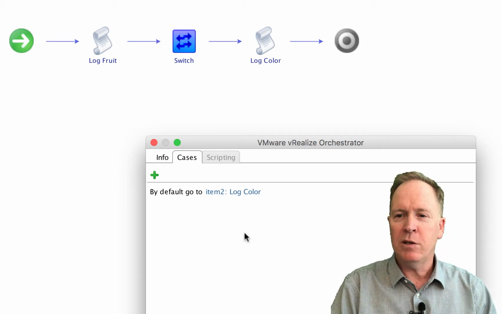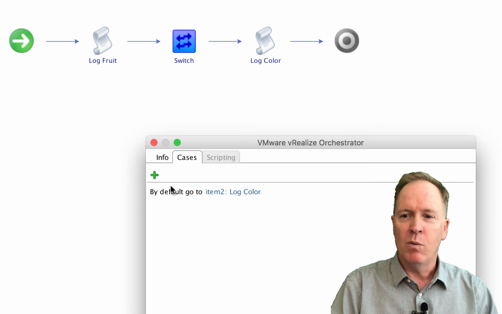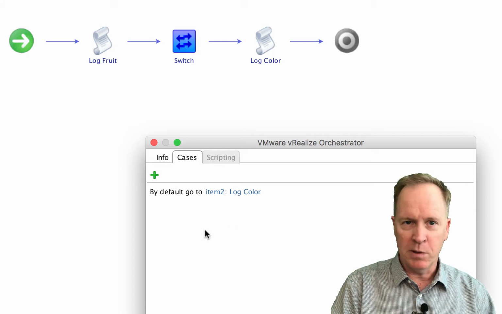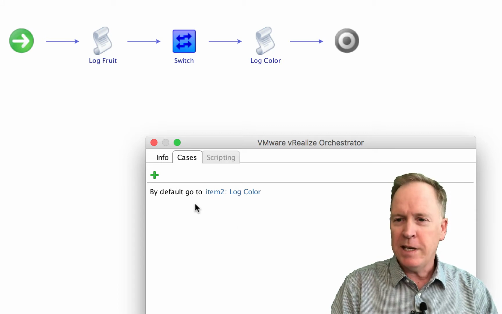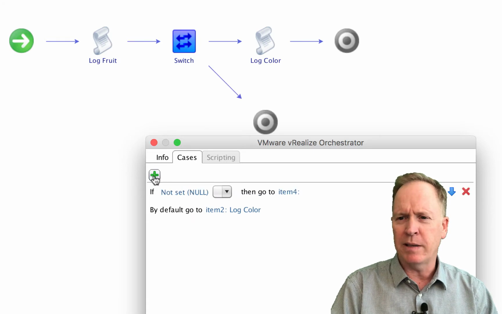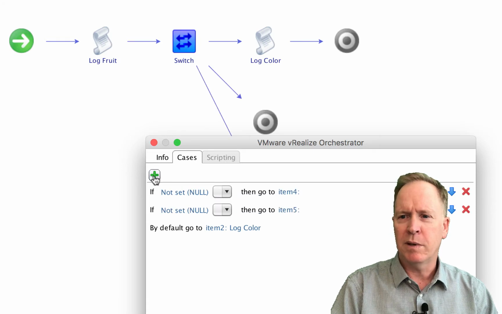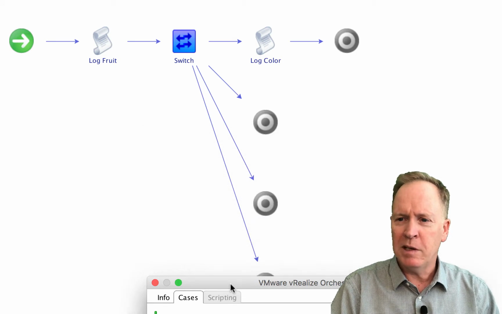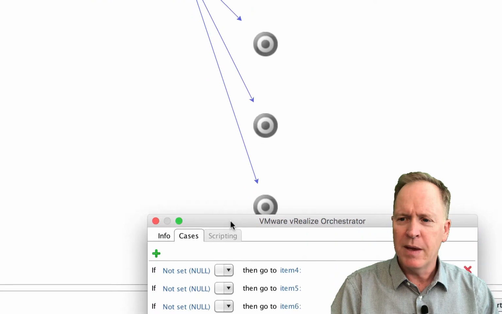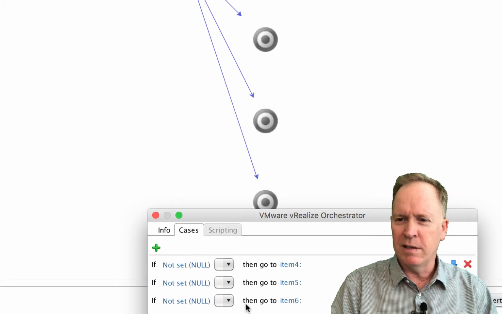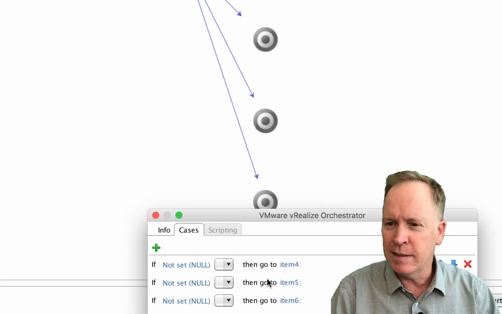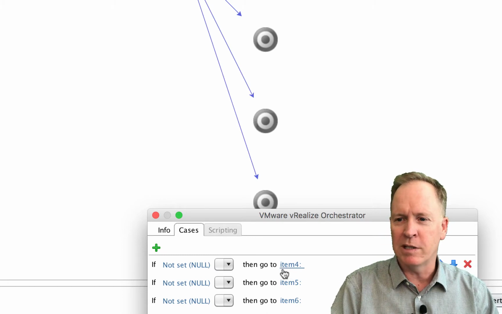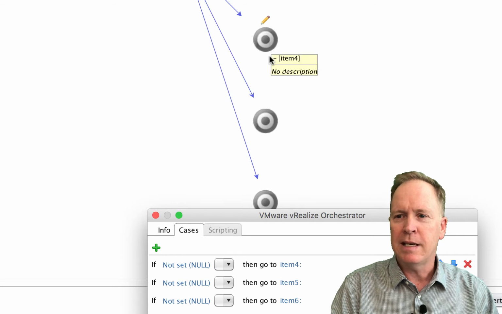But we want to have multiple cases. For instance, if the fruit is apple, or if the fruit is banana, or the fruit is cherry. So for each of those cases, we're just going to hit the add button once, twice, three times in this example. And right now, you can see I've got these three different paths, but all this stuff down here is a little bit weird looking. What the heck is this? And notice there's no nice label anymore. It's just item 4, item 5, item 6,